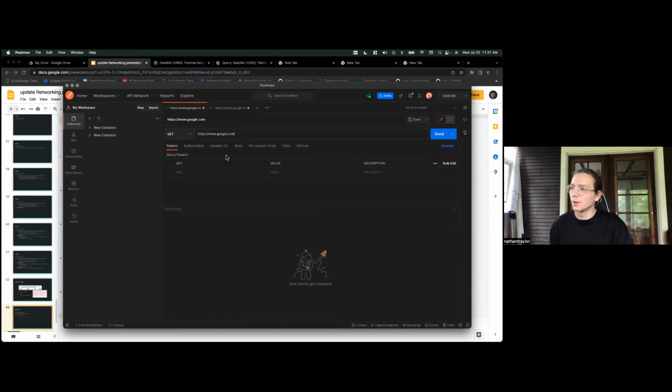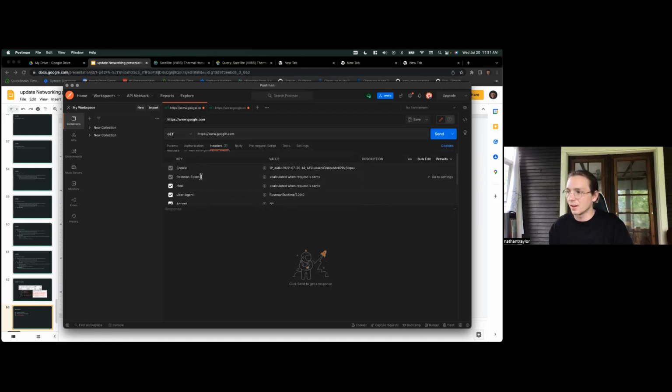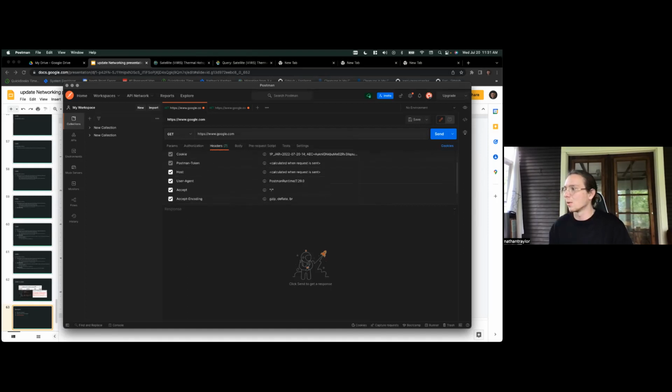And so what I'm doing right here is I have this google.com link right here, and I have the request type set to GET. And in here, you can see I have this headers section as well. What this headers section is defining is just all of the headers that would get attached with the request that I'm about to make to google.com. And so when I run it,